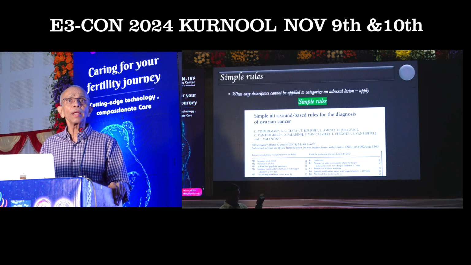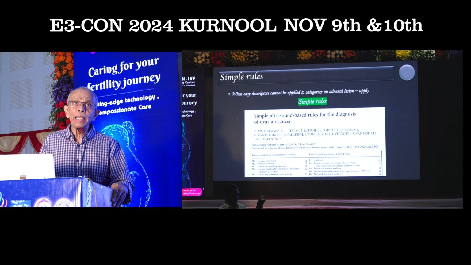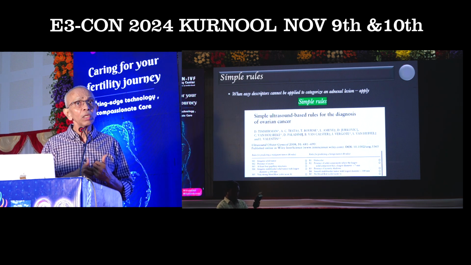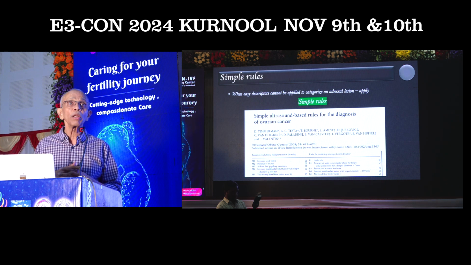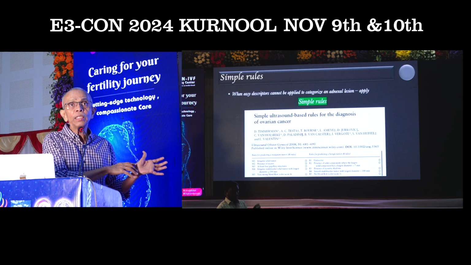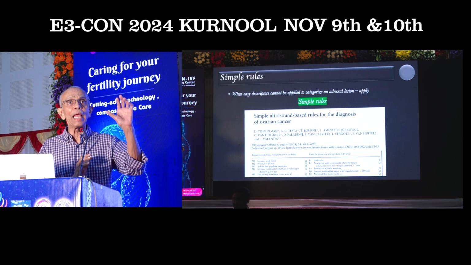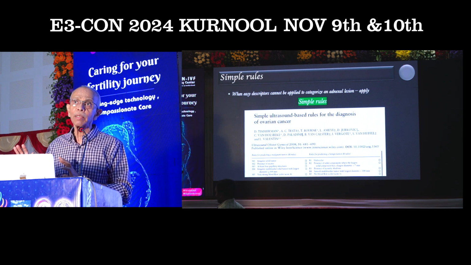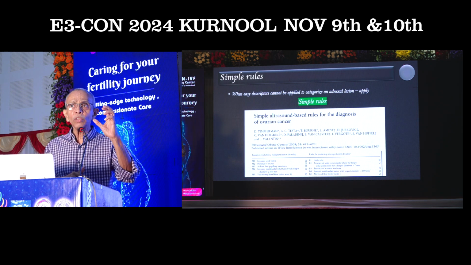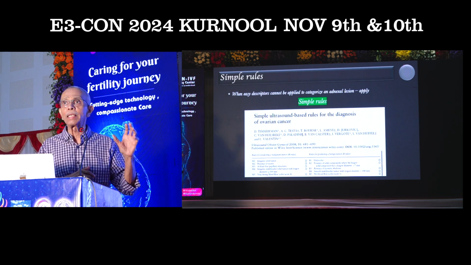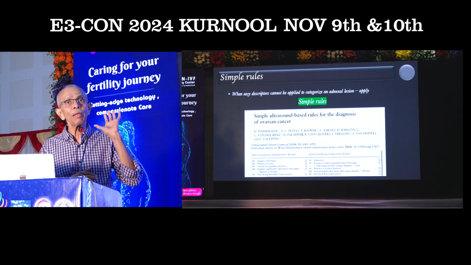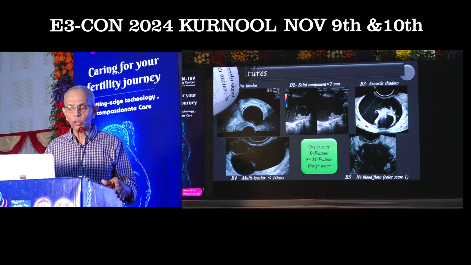Okay, now we have tried the pattern recognition, but there are certain adnexal lesions which are not going to fall into this pattern recognition. In that situation, what are we going to do? We are going to depend upon what are called the simple rules. These simple rules are categorized as M features and B features. M features are nothing but the malignant features. B features are nothing but the benign features. The features which are highly suggestive of a malignant lesion are called M features. The features which are suggestive of a benign lesion are called benign features. So I'll show you some examples so that you can understand.